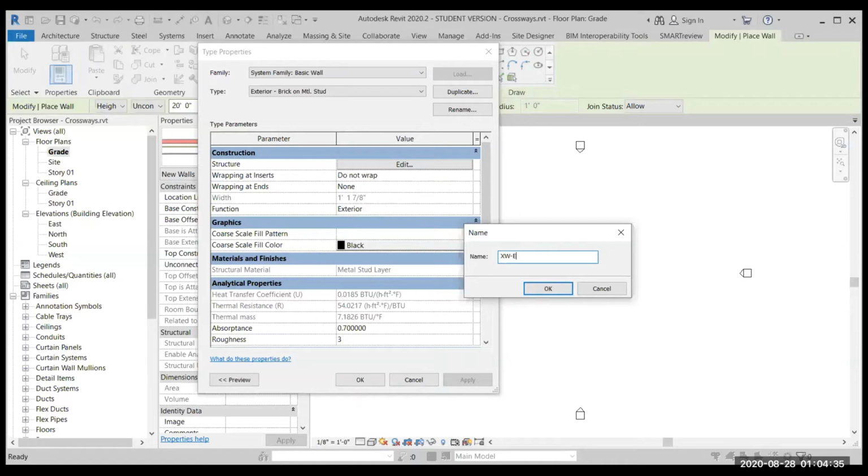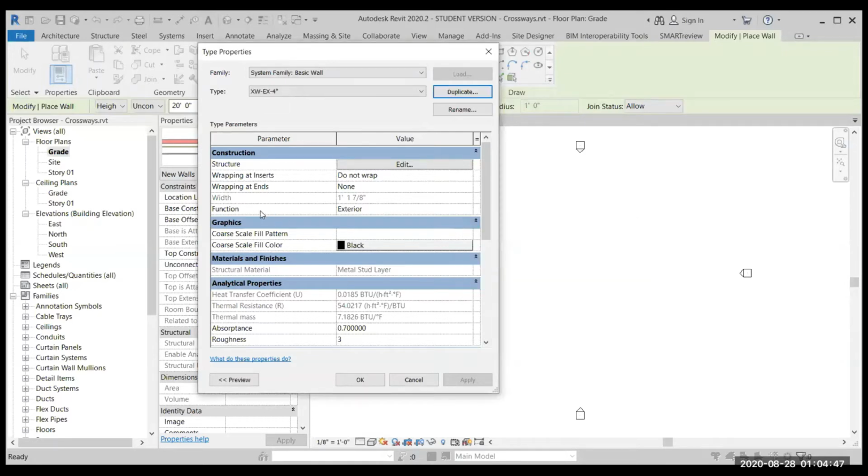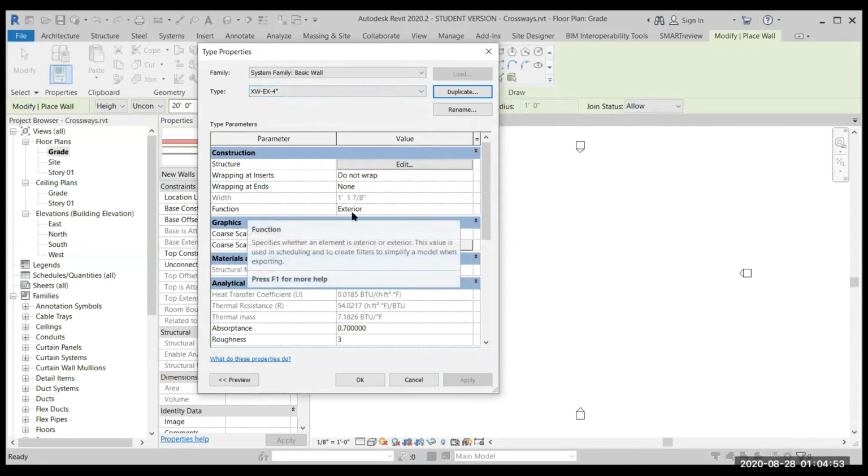And I'm going to call it EX for exterior. And I'm going to call it 4 inches. And that's the thickness of the wall. So this is going to be a very basic wall. So I'll click OK. Now you'll notice that the type changed to XWEX 4 inches, and the function here is